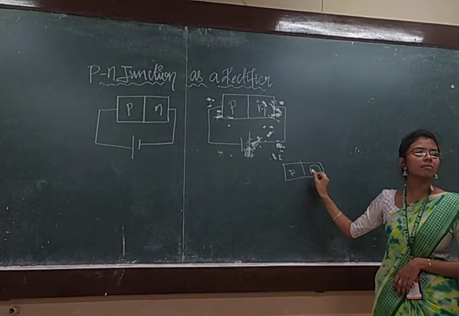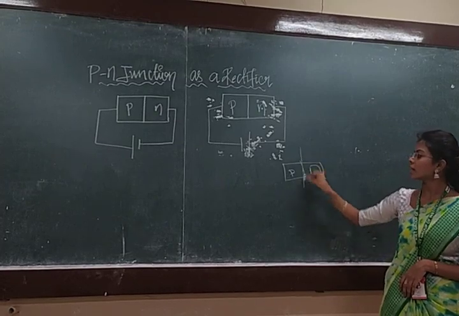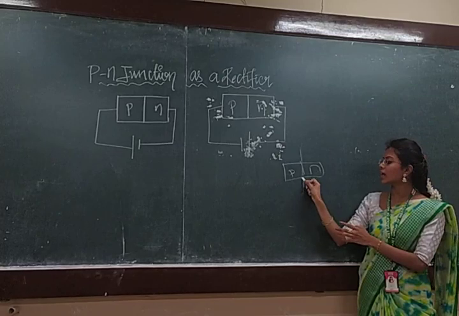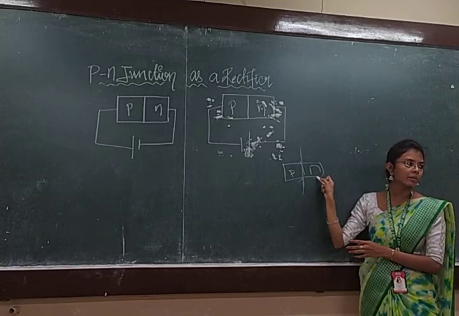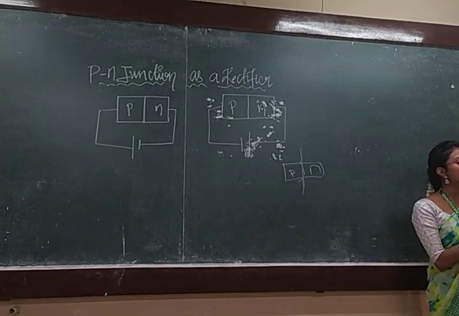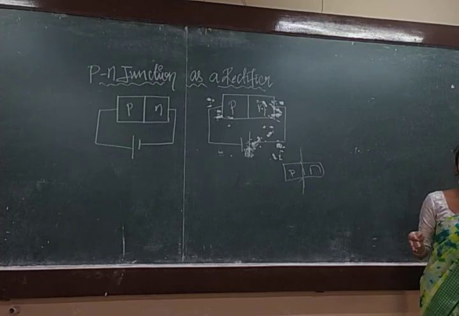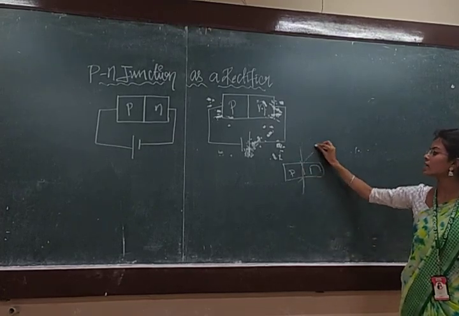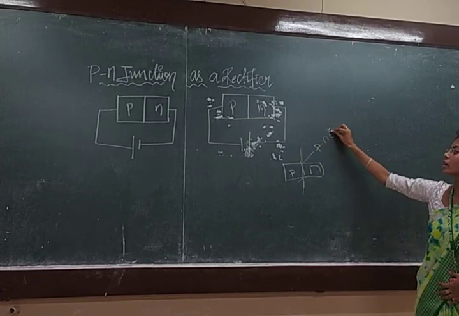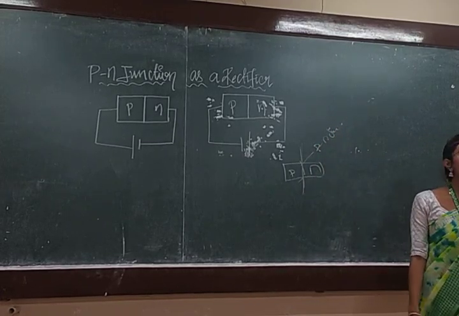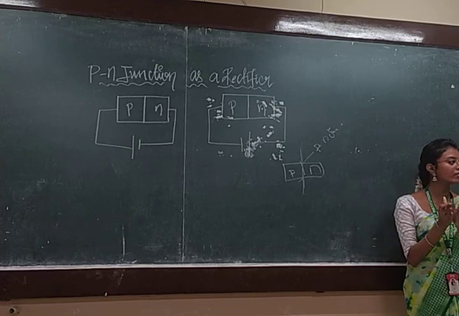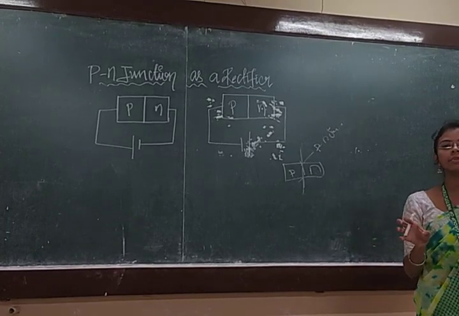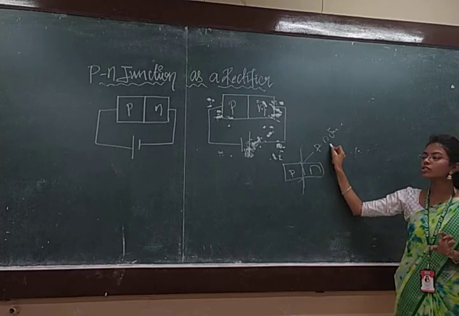So these two semiconductors are separated by a barrier. Okay? You can see a line between the P-type and N-type, which is separating the P-type semiconductor and N-type semiconductor. So this barrier or the junction, you will be calling it a PN junction. The barrier or the separator which is in between the P-type and N-type, you will simply call it a PN junction.